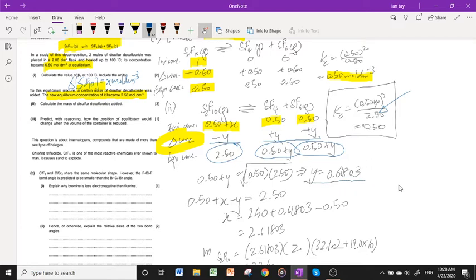And now we've got one unknown, we just need to solve for the other unknown, and we can just focus on this column to solve for the other unknown, which is 0.50 plus x minus y equals 2.50. So x must hence be 2.61803. So we know that that is the increase in